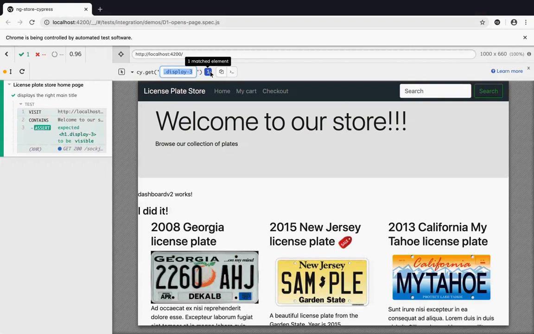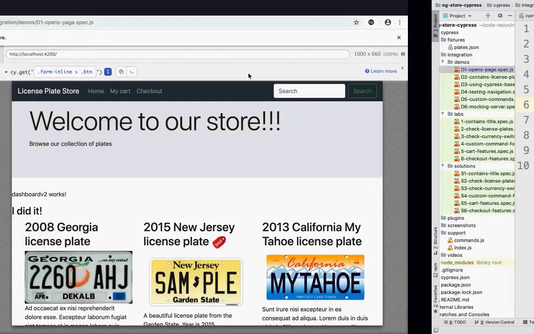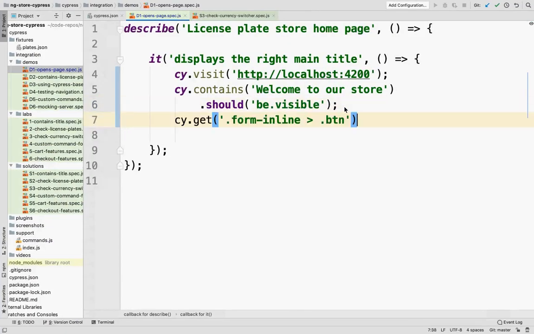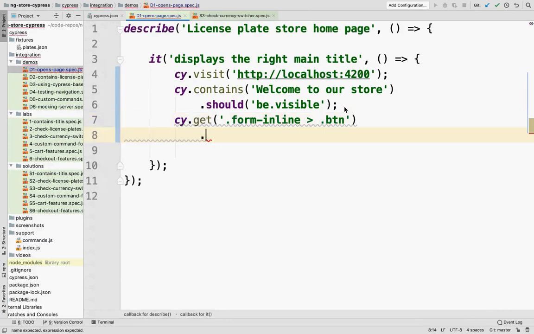It's just a little bit more complex to read when you use those, because most of the time they're not as explicit as using the actual text that's used on the screen. But that's another option, and that works pretty well too. So let's say I want to check that we have this search button. I'm going to get this one, so that's a selector for it. I'm going to copy it to the clipboard, paste here, so that search button, it should be visible as well.